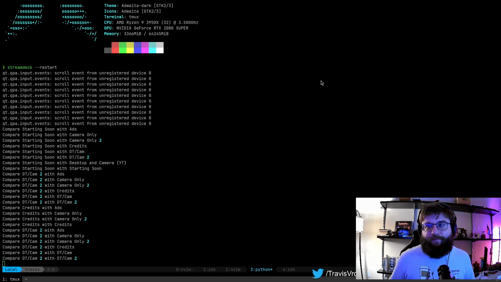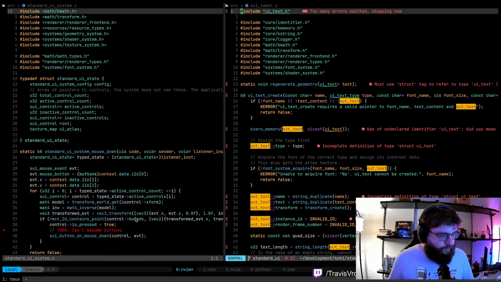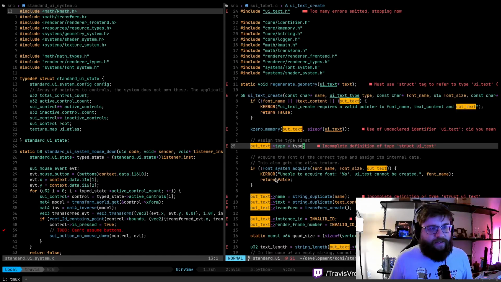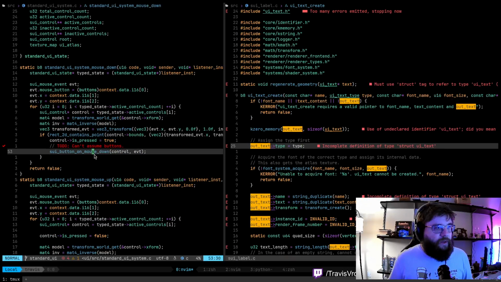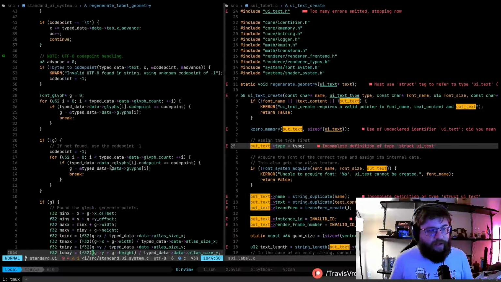All right. So tonight, we are going to continue where we left off last night, and that is refactoring this UI text into our standard UI object that we were creating last night, right?